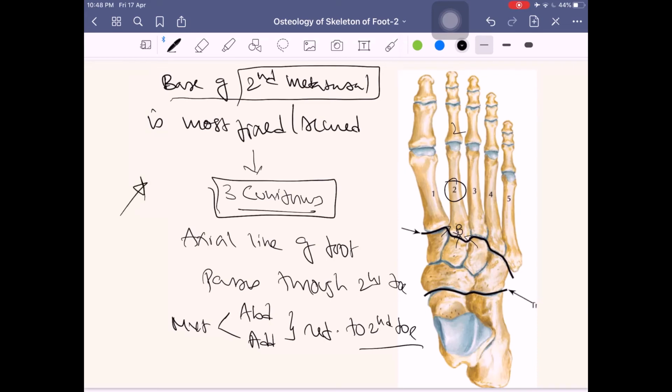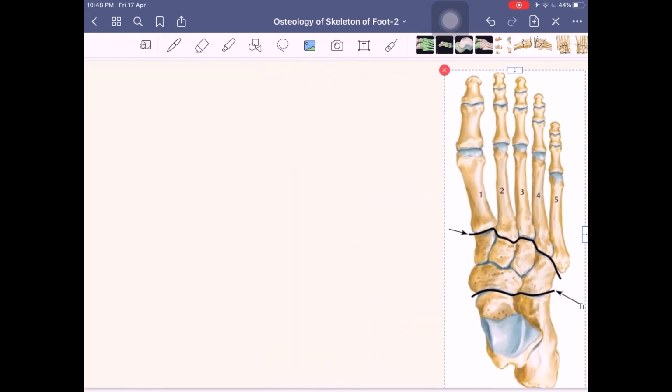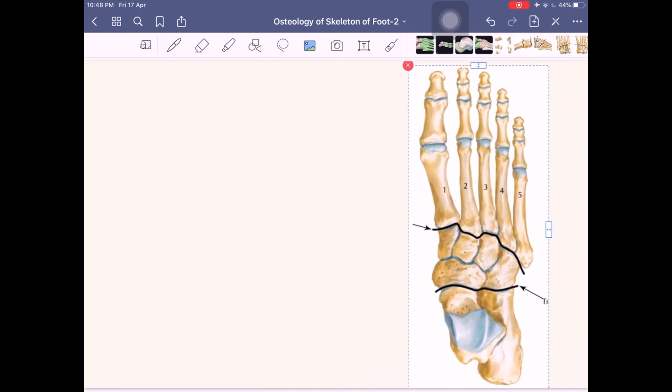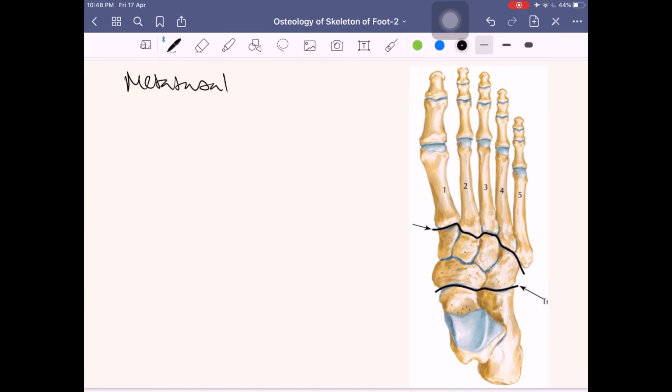Why in the upper limb do we consider the middle finger as the reference axial line along which adduction and abduction of digits happen? In the lower limb, the line passes through the second toe. Now why is this considered? Because of this reason. Now your tarsal bones are over. Let us talk about your metatarsal bones. Now these are all simple points. Metatarsal bones are here. They are 5 miniature long bones. They are miniature.